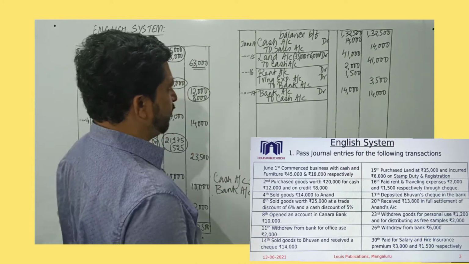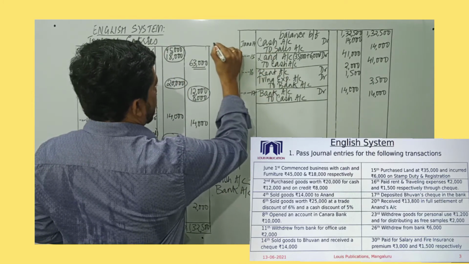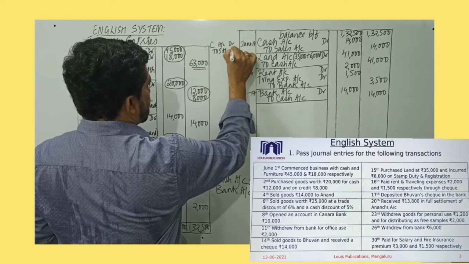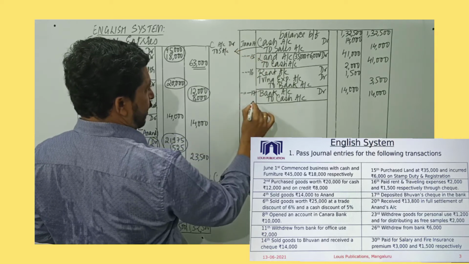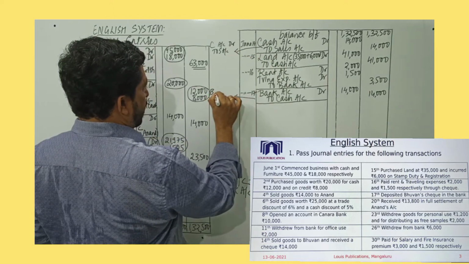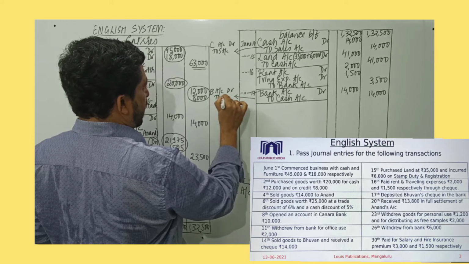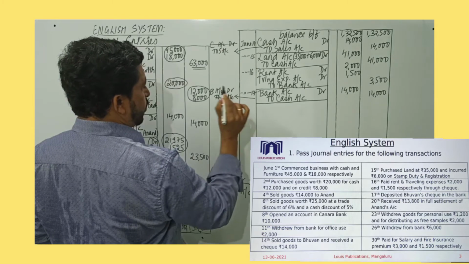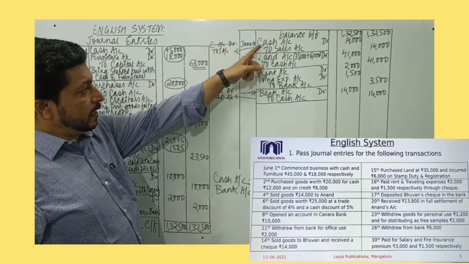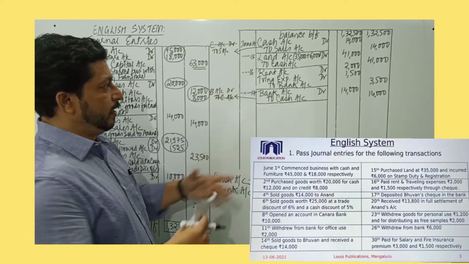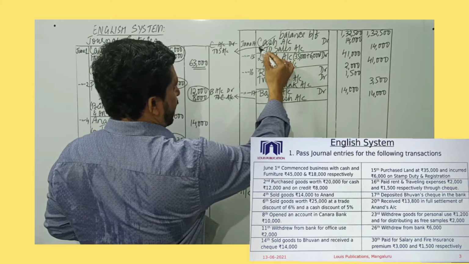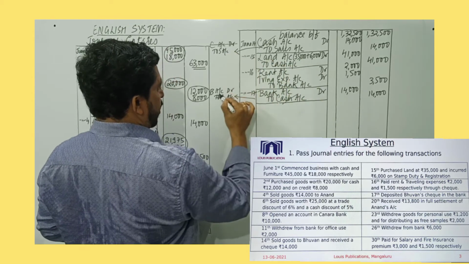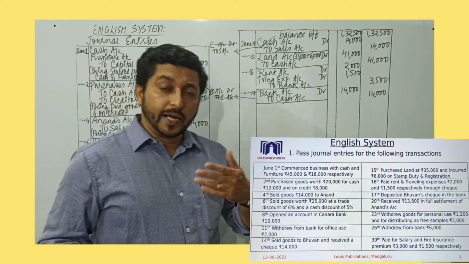Let's do a little analysis of these two transactions. I will record just the names. I record cash account debited to sales account, that is this particular entry. And I record over here bank account debited to cash account. So if I cancel cash account debited with cash account credited, what will remain? Bank account debited to sales account. And that is the point.